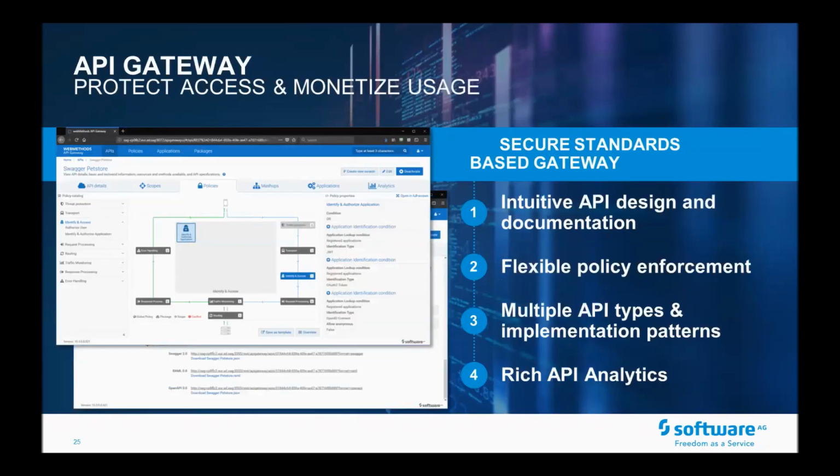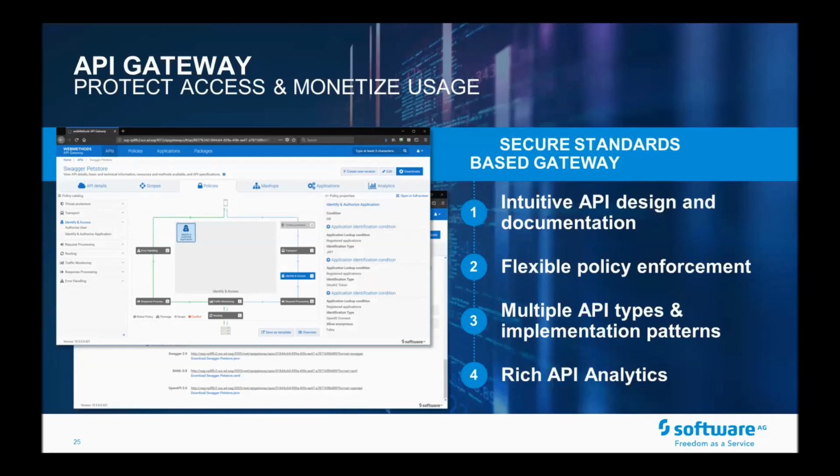API Gateway is where the API product manager persona comes in. When you start working in API Gateway, you are the product manager of your API. You are the product manager of your product. So you need to be able to shape it in a way that your consumers will like it, design it, document it, and make sure that you apply all the governance and all the runtime policies that will enforce business rules, making sure that your APIs are used in a controlled way, in a way you would want.